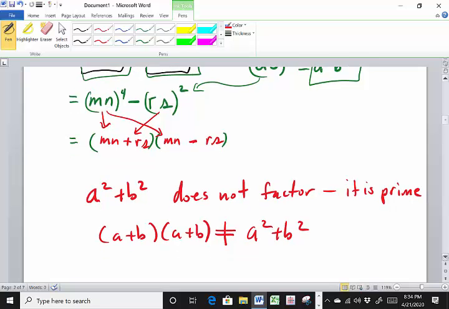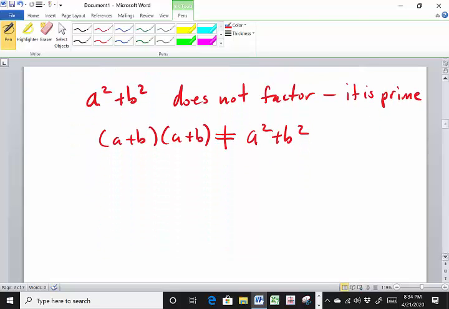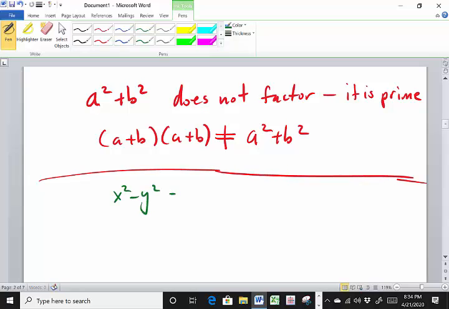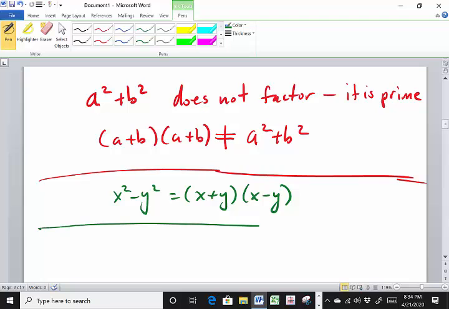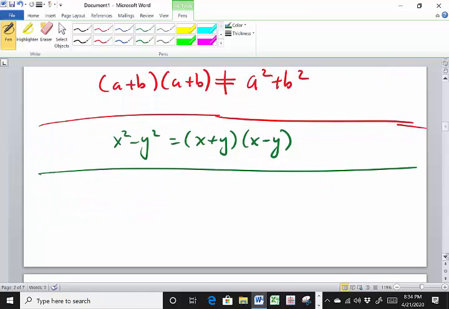Okay, so practice that. It's a pretty easy concept. Difference of 2 squares: x squared minus y squared is simply x plus y times x minus y. And then I did just a lot of different variations of problems. Okay? All right, so the next thing that I'm going to teach you, which is a special product,